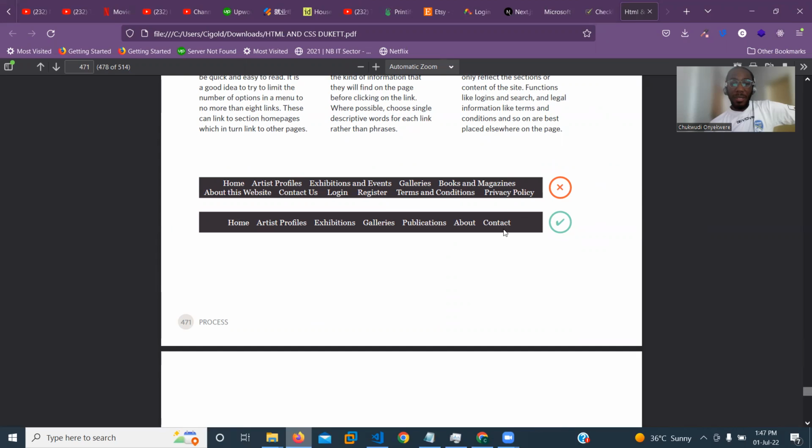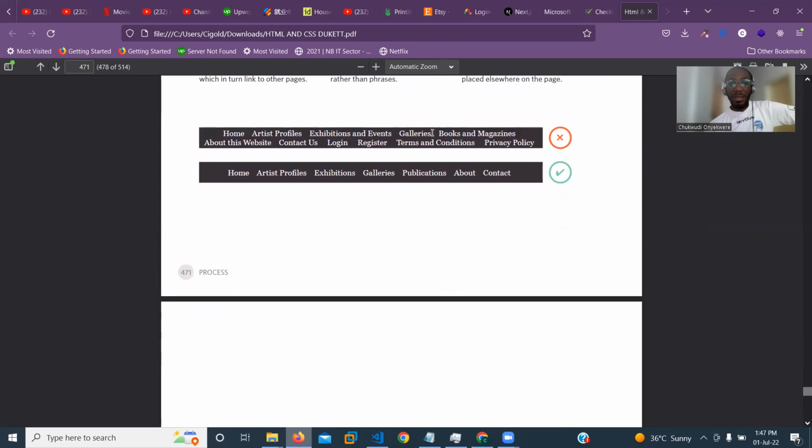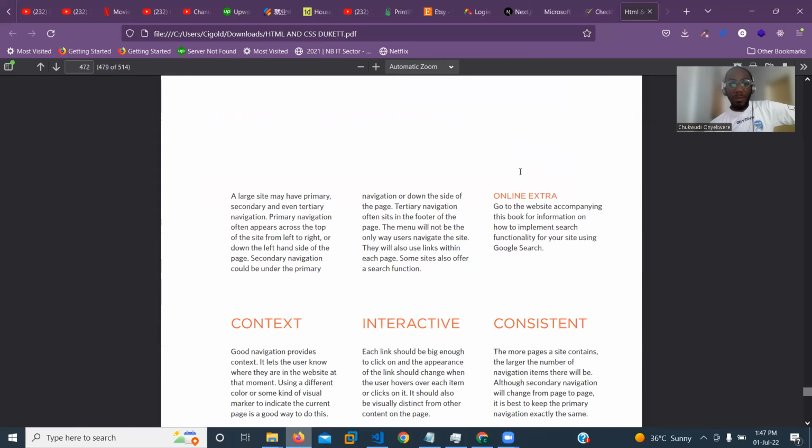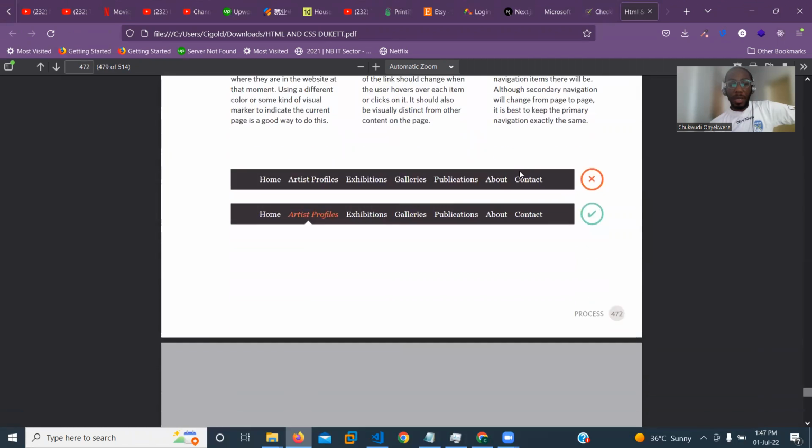And then if you have any other thing, it should appear as a sub menu under any of these, not appearing as a menu like this, because it's just too much and it's very dirty, it's bad. So the menu should be as short as possible, not having so much. This doesn't look cool,